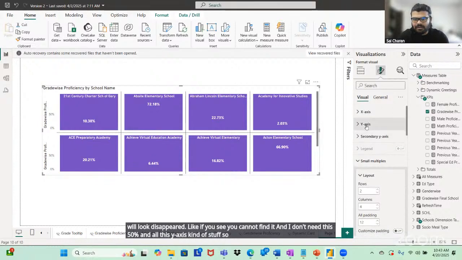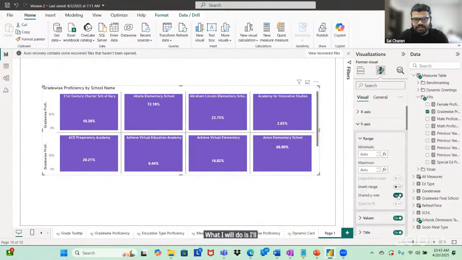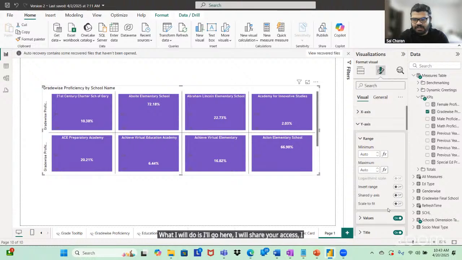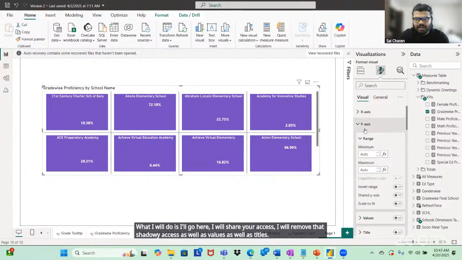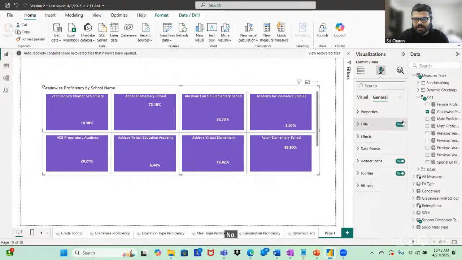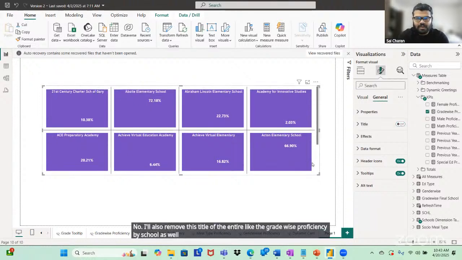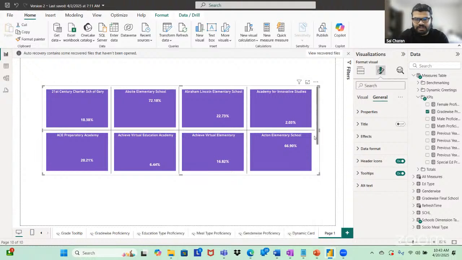So what I will do is I'll go here, I will shade y-axis, I will remove that shade y-axis as well as values as well as titles. Now I'll also remove this title of the entire, like, the grade-wise proficiency by school as well. Now it looks,